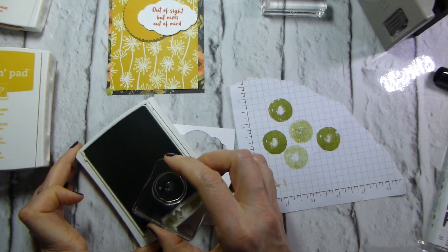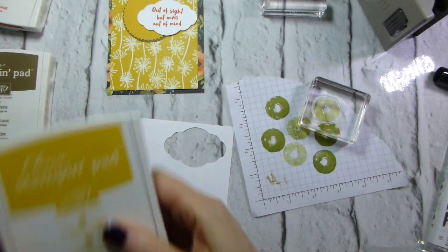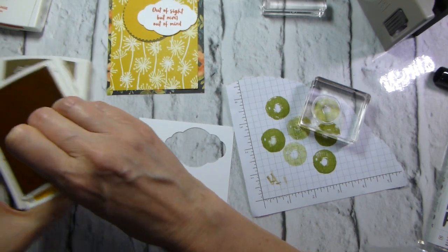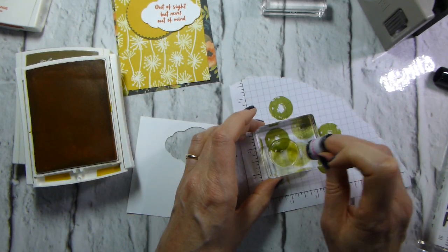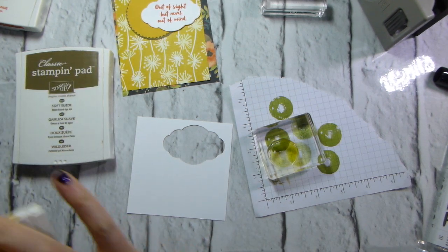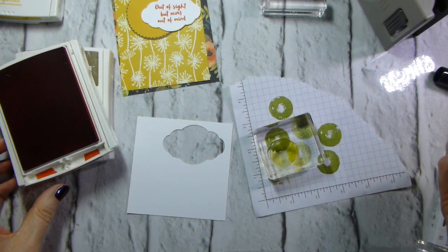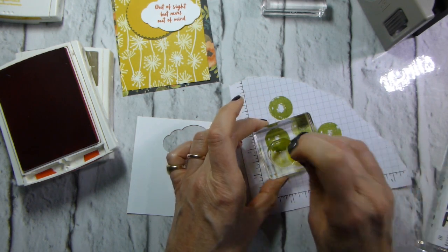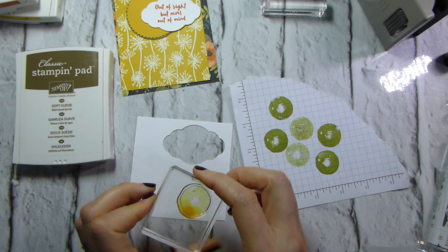Right, okay, so I want to ink it up, stamp it off, put that to one side, bring in my crushed curry and an ink dauber, or sponge dauber, pick up some ink, and I'm just going to add some crushed curry onto the stamp, because what I'm trying to bring through with that is a bit of colour. And again, I'm going to use Tangerine Tango and just add a little hint there for, hopefully, a nice rosy apple. This is what I'm seeing,